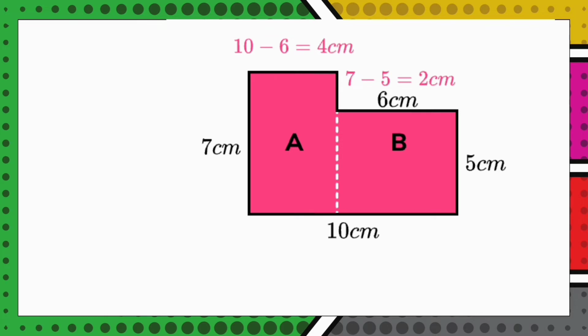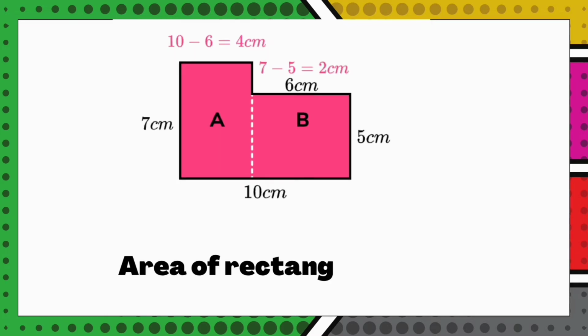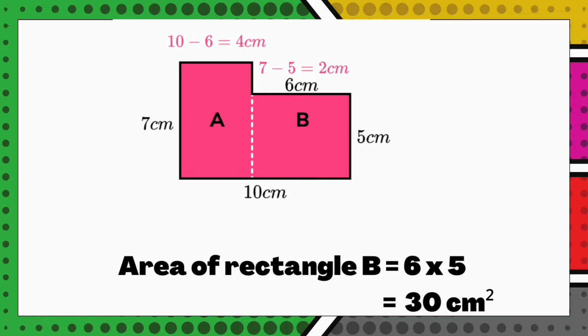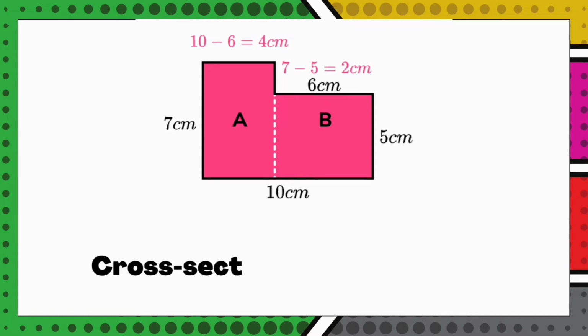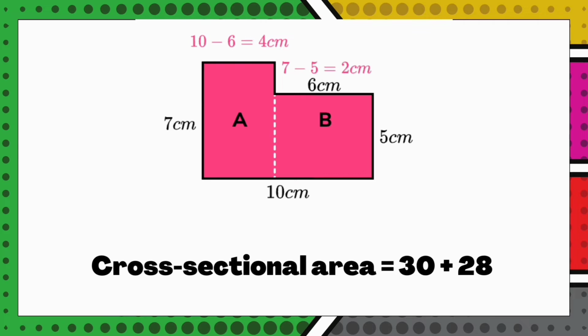Similarly, we also find the area of part B, which is 6 times 5, giving you 30 centimeters squared. Having gotten the area of the two parts of the rectangle, we subsequently add these two areas together to get the area of the cross section. So the cross sectional area of the prism will be equal to 30 plus 28, which is equal to